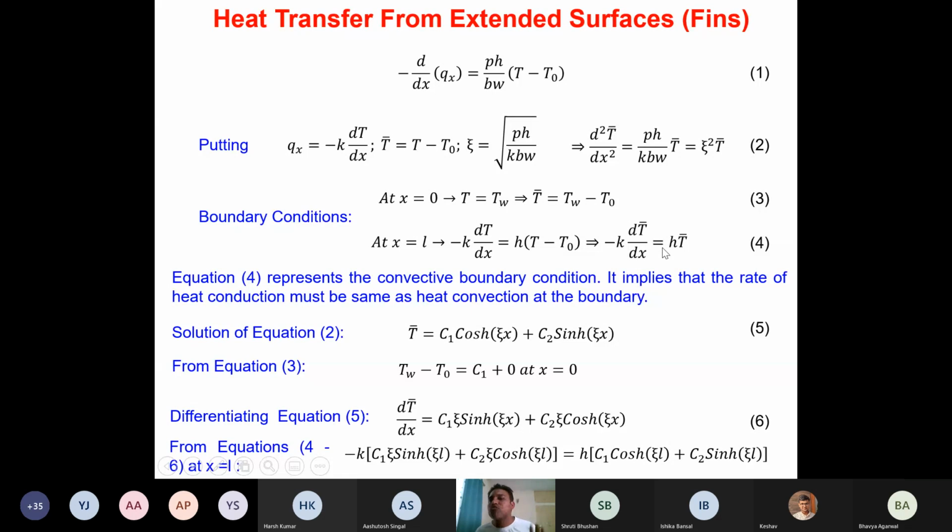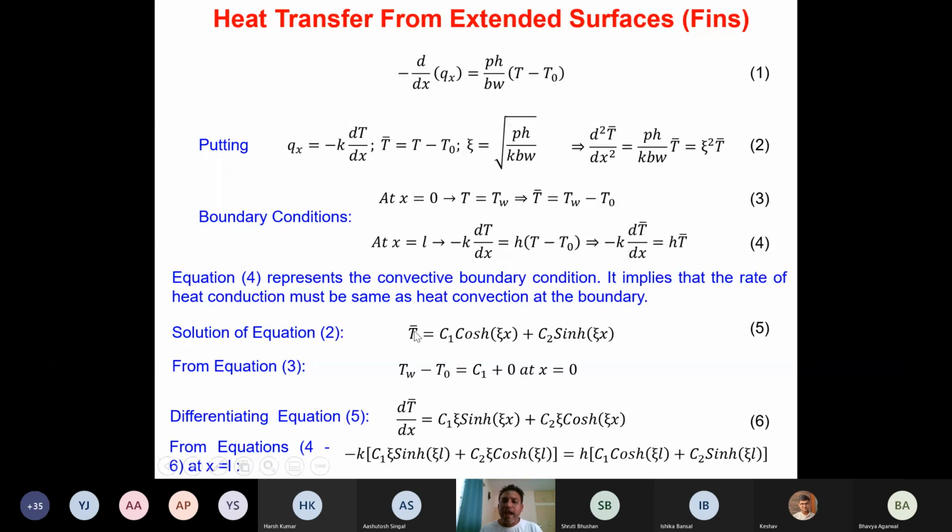Now let us try to solve equation number 2, which is d square t bar by dx square equals zeta square t bar. The solution of this equation 2 is obtained as t bar equals c1 cos hyperbolic zeta x plus c2 sin hyperbolic zeta x. That is equation number 5, and we can now apply the first boundary condition,